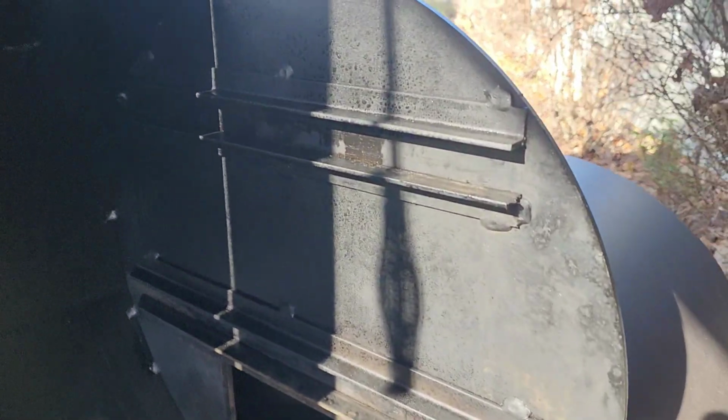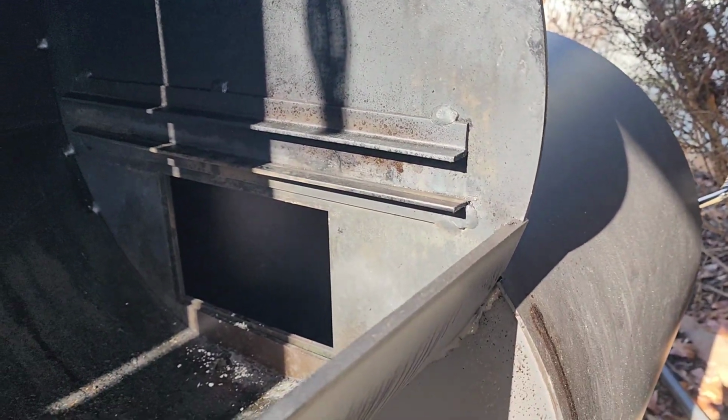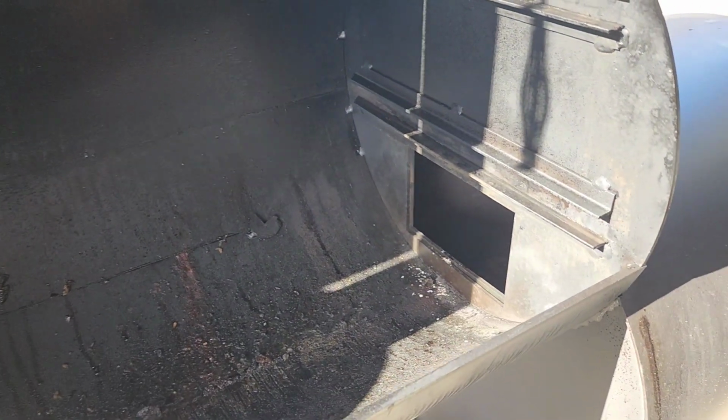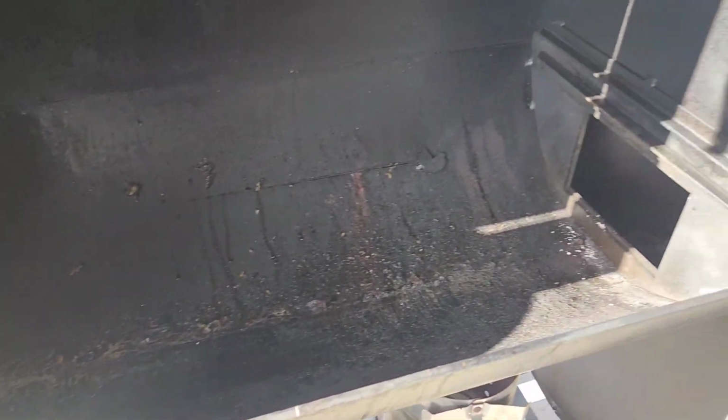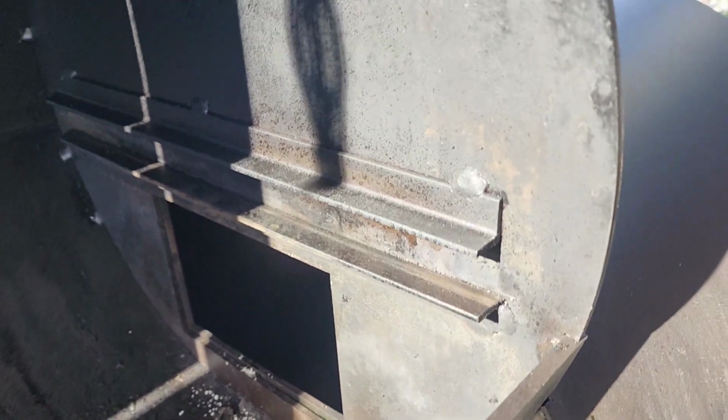Before and after here: slides for the top rack, slides for the bottom rack. My idea is to put the upper rack in the bottom so I can double this as a charcoal cooker. I've already done some testing, and on mine, these may vary from smoker to smoker, but